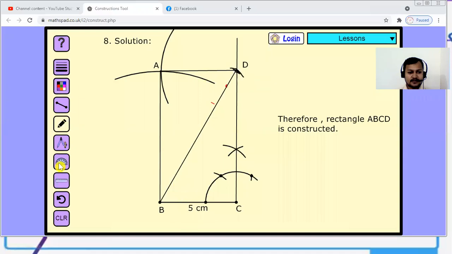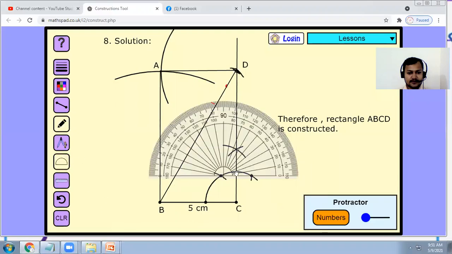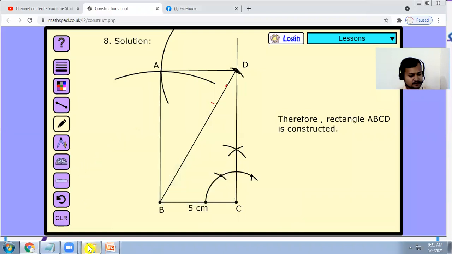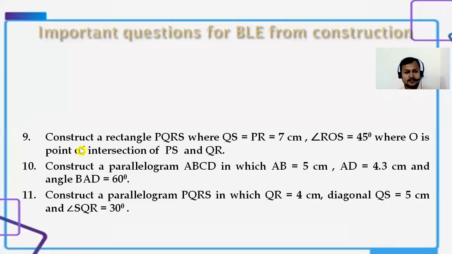If we will measure, we will get 60 degree. यो एंगल नाप्यो भने यहाँनिर 60 degree कै एंगल आउने हो. ओके, विदाउट ड्रइङ अल्सो 60 degree हामीले ड्र गरेको त होइन, तर 60 degree नै आयो. It was given in question. So after this, let's move to next question. Question number 9. Look at question again.